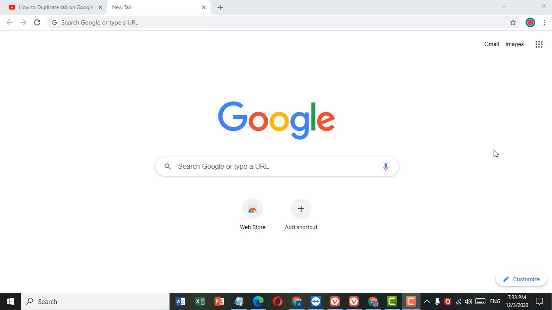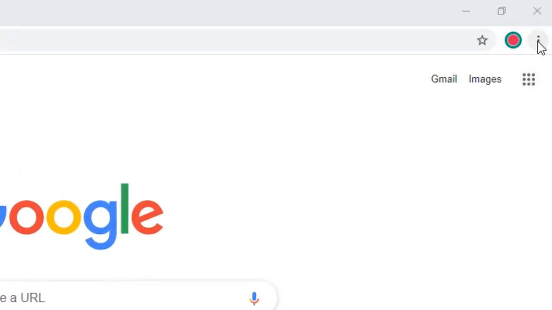Hello, welcome guys. Today in this video I'm going to show you how to enable Chrome extensions developer mode. So guys, if you want to enable Chrome extension developer mode, it's very easy. Firstly, open the Chrome browser. After that, click on the three dots